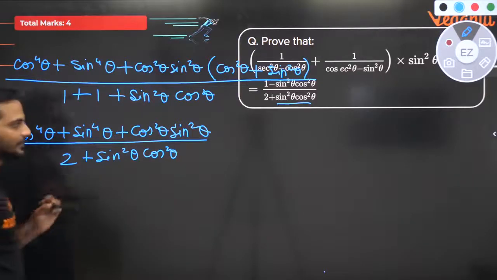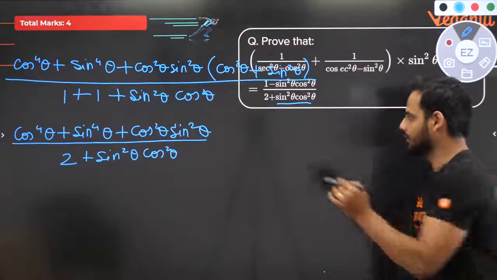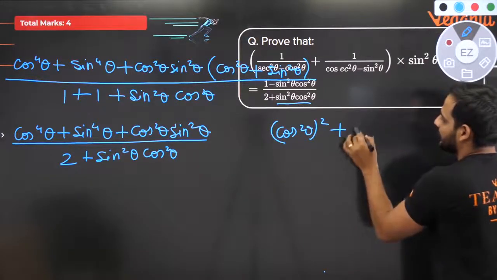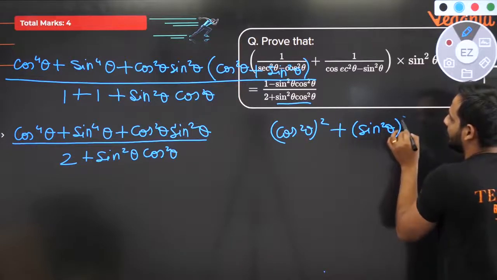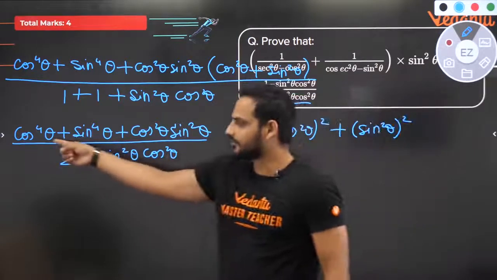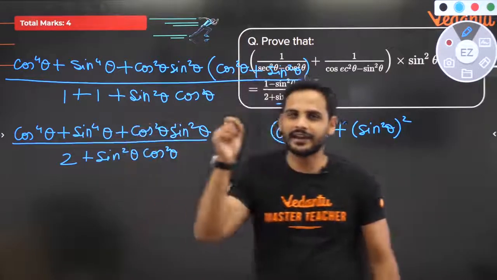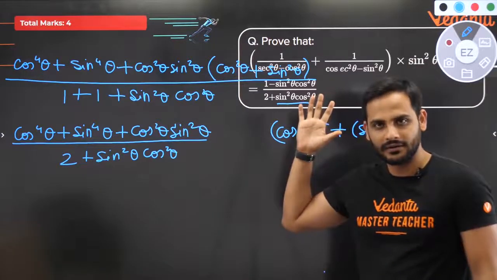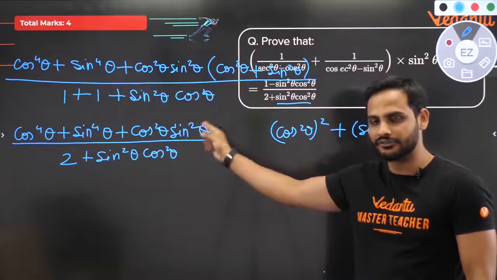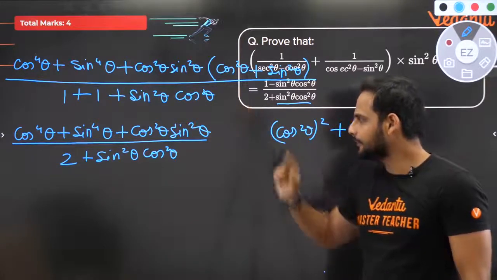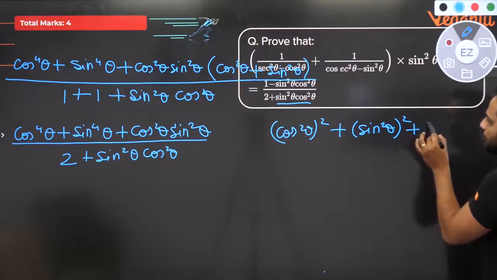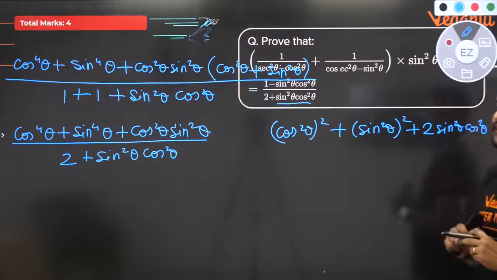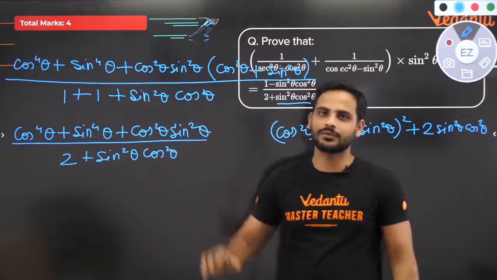अब देखो यार, cos raised to the power 4 theta I have told you is cos square theta's whole square, है ना. It is what? Cos square theta's whole square. Sin raised to the power 4 theta is sin square theta's whole square. अब देखो यार, a square is there, b square is there. I should get plus 2ab if it is there. I will make what? I will make a perfect square. है ना? So we will try to make it a perfect square now. For the perfect square part, beta, what I need? I want 2 sin square theta into cos square theta, and I have only 1 sin square theta into cos square theta.